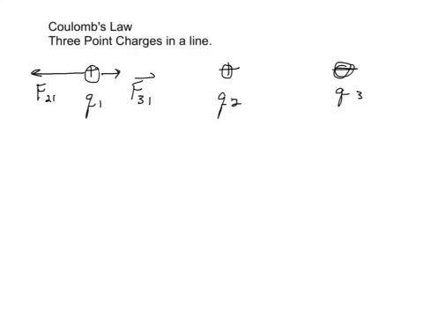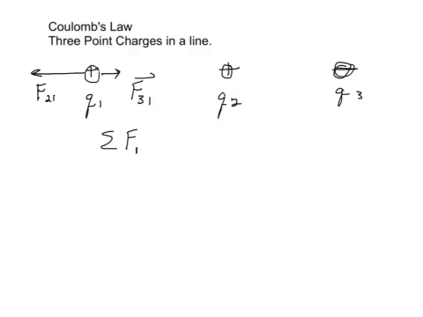And so if we wanted to know the total force on Q1, we would have to add those 2 vectors in the opposite direction. And you can see that the Q2 force is bigger because it's closer, and the Q3 force is weaker, and the total sum of the forces